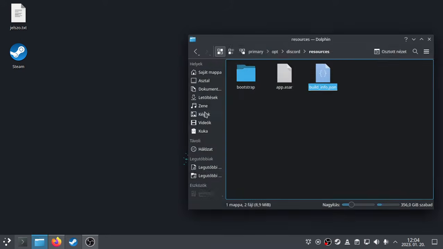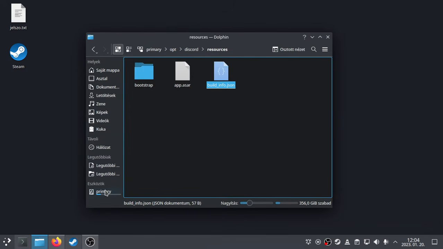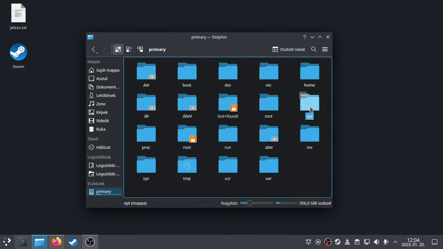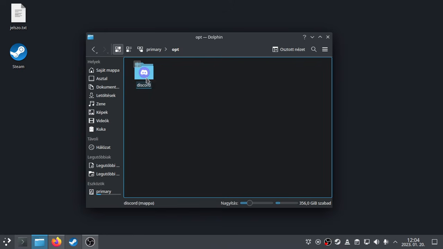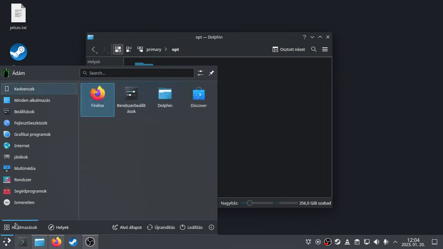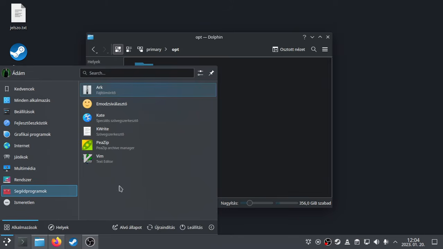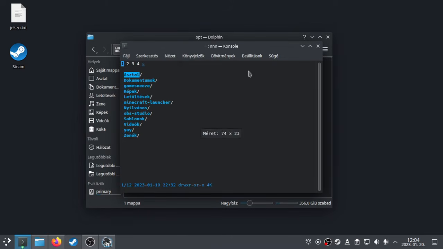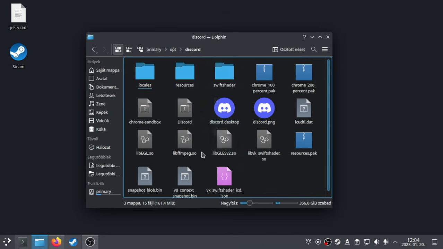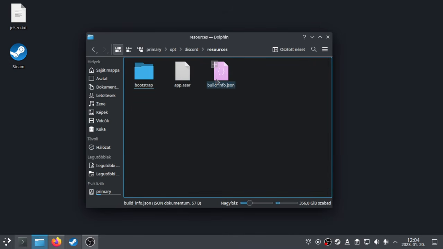Then you have to go to your files, and in primary you have to select opt. There's Discord, or you can just search for where your Discord file is with NNN. You open NNN and you can just search for Discord. So select Discord, go to resources, build_info.json,